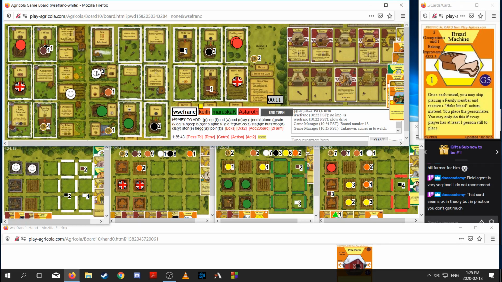Well, start player is available. So I'll take 3 wood. And then I can start player pole barns if it comes back to me. I don't really love Plauso, but taking it blocks other people from getting it, so